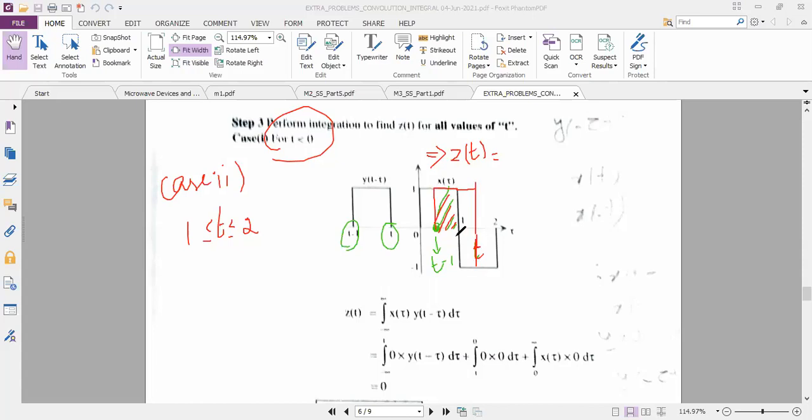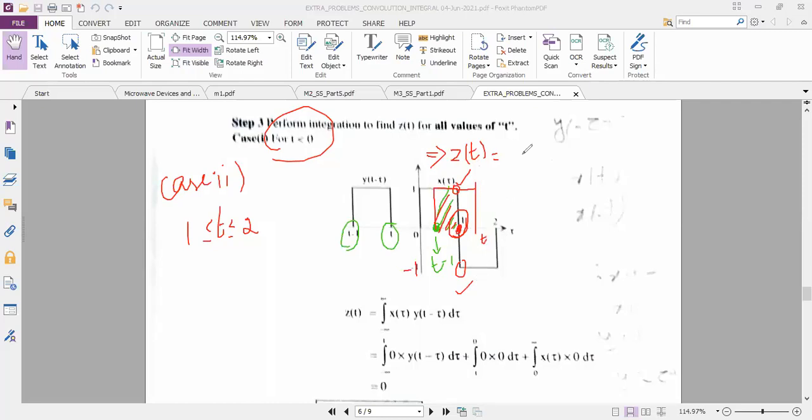or you can analyze in this way also. So better you analyze in this way. You said t minus 1 to 1 is the limit, but this 1 has the amplitude plus 1 as well as minus 1. I think this will be easy for you to understand. Tell me, is what I said understood? I will repeat again. See, you have here 1. So this 1 has plus 1 amplitude as well as minus 1 amplitude. Do you accept it?